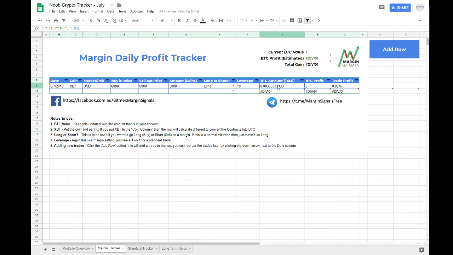You can also see what it's done here is figured out your actual trade amount that you're going to be risking. Okay, I'm just going to copy this to the bottom row so it doesn't annoy me. Okay, so